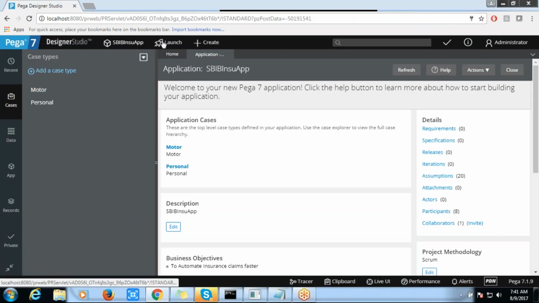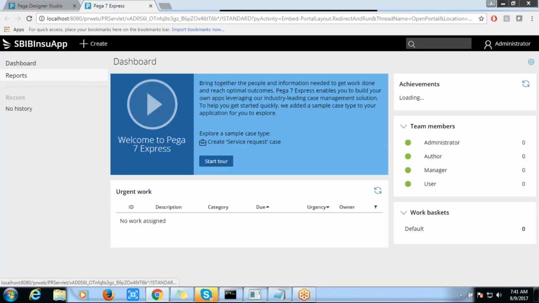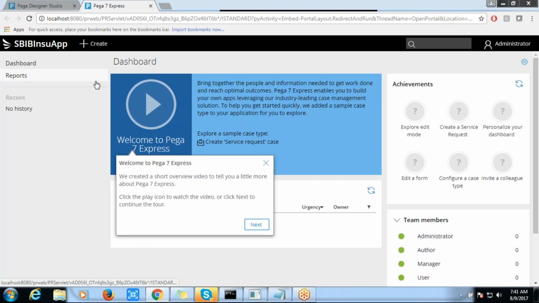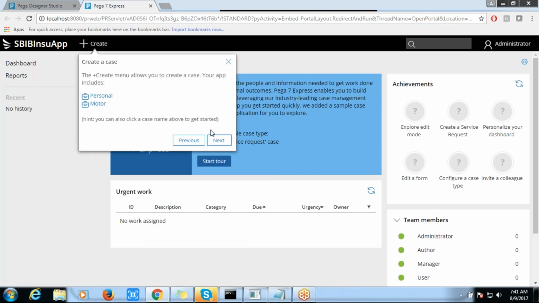And if you click on Express, this is another portal like we saw. If you want to log into the Express Edition portal, you can just click on that. It will show you how that Express portal, the developer portal, looks.